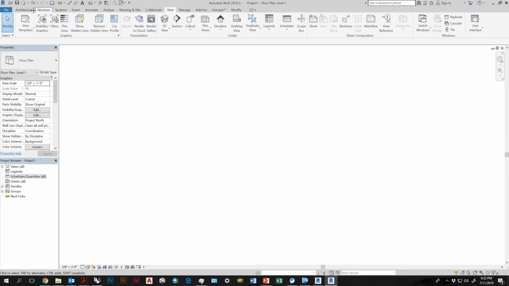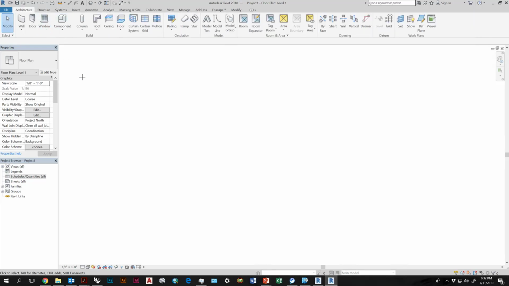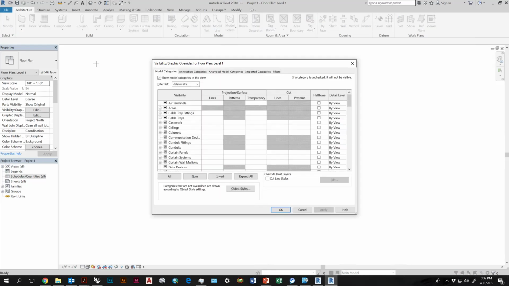So all of these tabs are highly important, and they change, of course, the way the ribbon looks and what tools are available to you when you click on them. So if you are new to Revit, of course, take the time to explore these tabs, because there are a lot of powerful tools up here. Unlike AutoCAD or Rhino, Revit is not a command entering program. They've designed the interface for you to click buttons. There are, of course, shortcuts you can use. So if you, for example, hit VV twice, you'll open visibility and graphics.